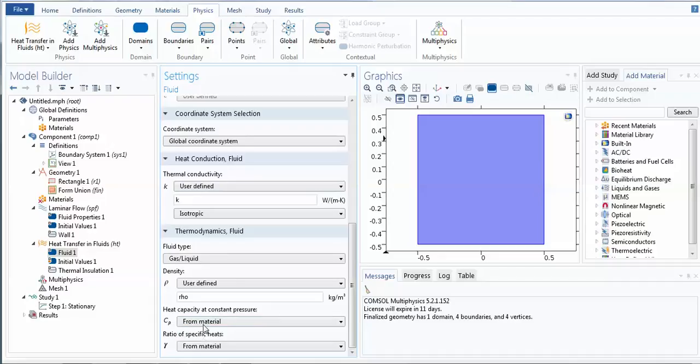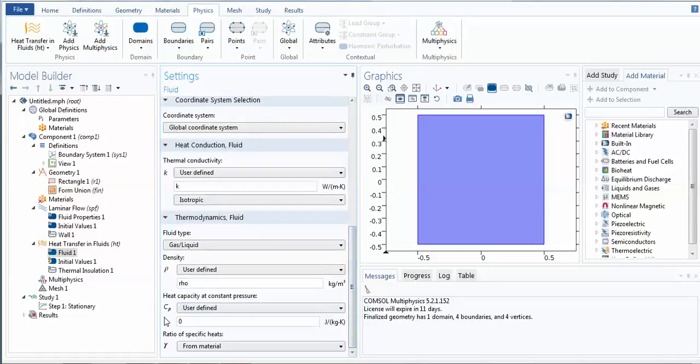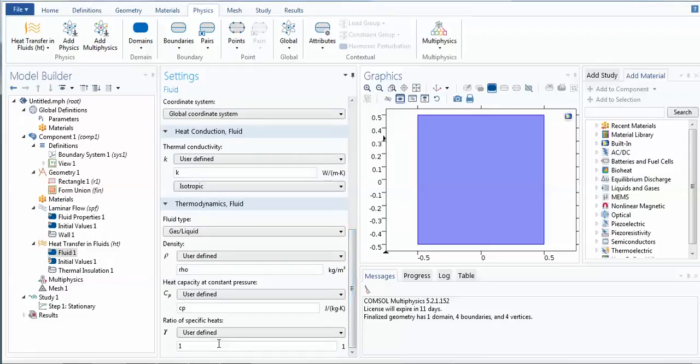And this is basically your Cp. You can choose it as 1.